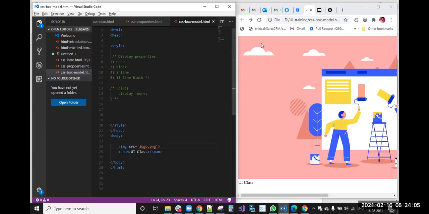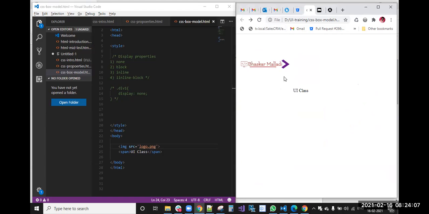Okay, I have saved this. Actually, around the image there is space, and because of that it is coming like that.